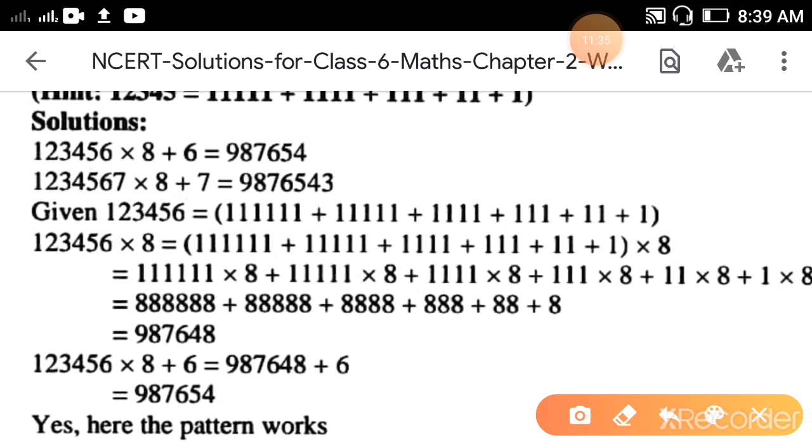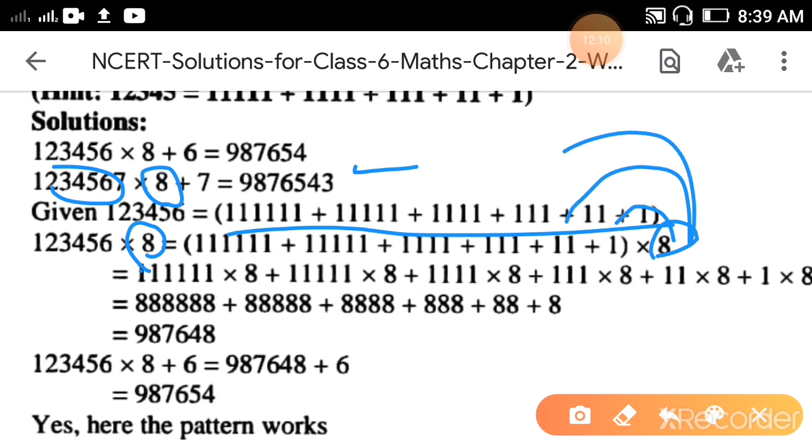Because the sum of these two numbers gives 1, 2, 3, 4, 5, 6, but you want the answer 9876543. It means instead of this number you can write this sum multiplied by 8. So here also multiply by 8, because if you multiply one side by a number, then on the other side also you have to multiply with the same number. Same mathematical operations on both sides, this is the rule. This 8 you can multiply with all the numbers given in the bracket, one by one, distributive property.